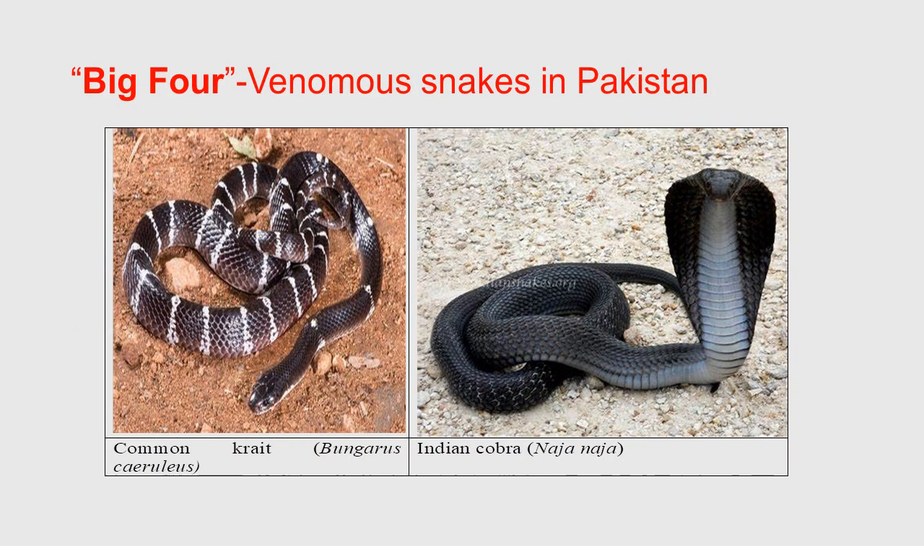Big four venomous snakes in Pakistan, including common krait, Indian